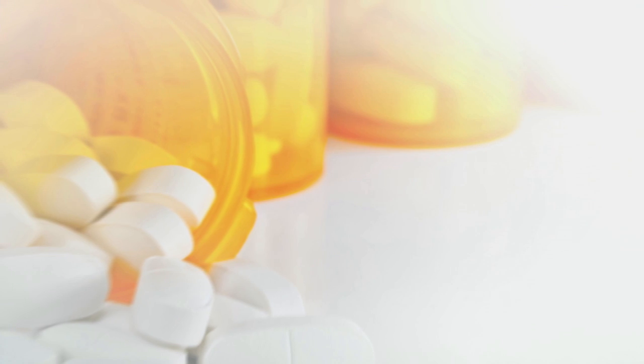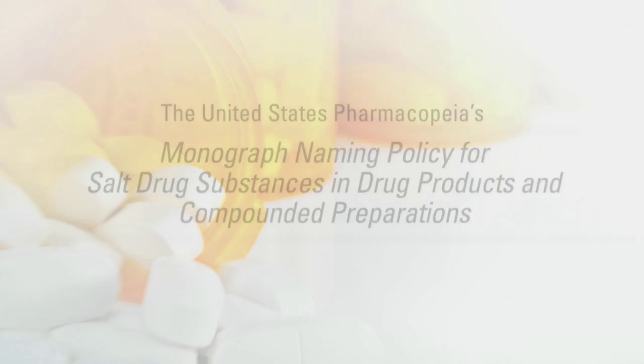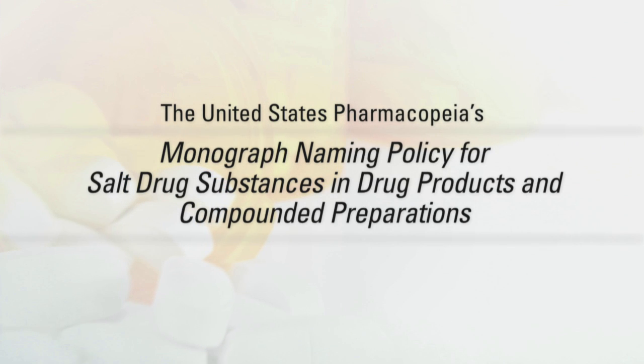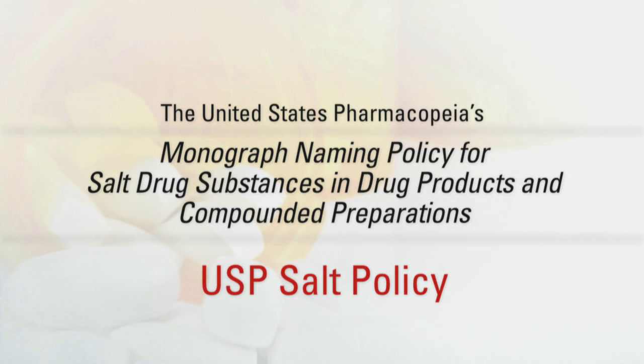The topic of today's discussion is the application of the United States Pharmacopeia's Monograph naming policy for salt drug substances in drug products and compounded preparations by FDA's Center for Drug Evaluation and Research, or CDER. For the purposes of this presentation, we will refer to this policy as the USP SALT policy. This policy became effective on May 1, 2013. CDER has been working with USP on this policy for many years and is now applying this policy to prescription